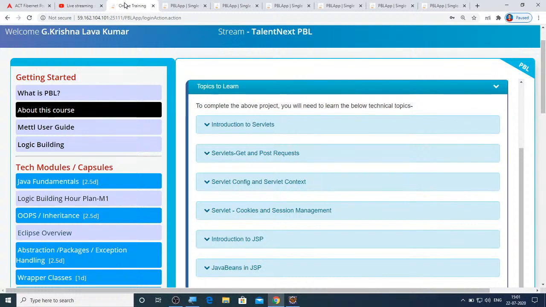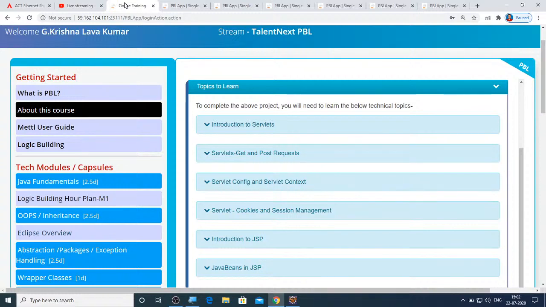I hope you have gone through the messages that I have posted in the group. Yesterday evening, before concluding the session, I already said the same thing, and once again I reiterated in our group that I'll be concluding this training module by this Friday. Since I'm concluding by Friday, I would like to conduct a mock test on assessment milestone 2 and assessment milestone 3. That's why I'm informing you one day before itself.